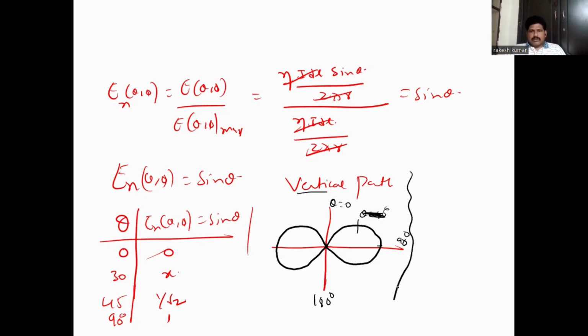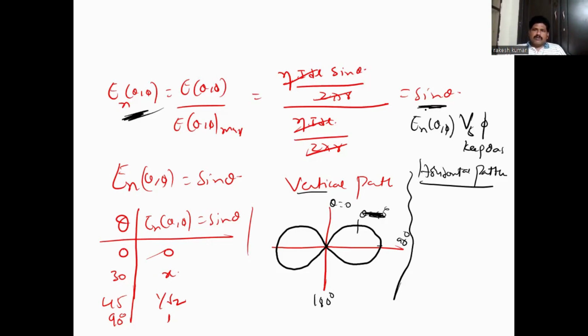Similarly, how to draw the horizontal pattern? En of theta comma phi versus phi, keeping theta as constant. In this expression, we do not find any phi component. Let us assume theta is equal to 90 degrees. What is the value of sin 90? It is 1. So the horizontal pattern